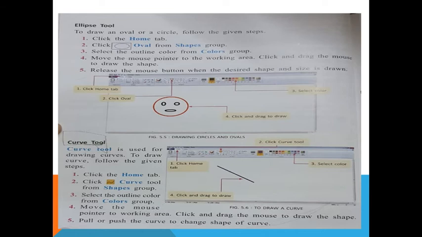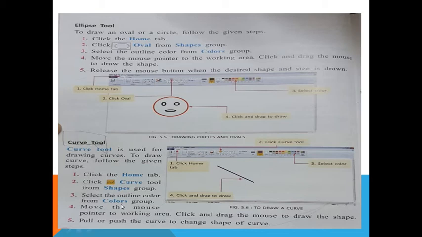Okay dear all, here is the ellipse tool. Same process, only we are changing the shapes. To draw an oval or a circle, follow the given steps. Click the home tab, click the oval or ellipse tool from the shapes group, select the outline.